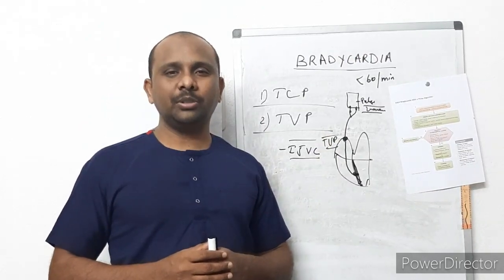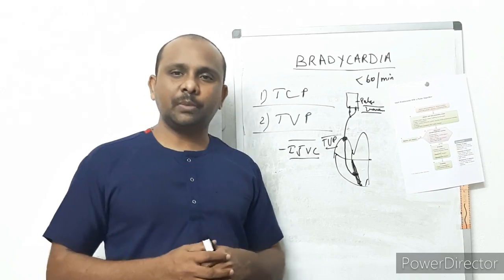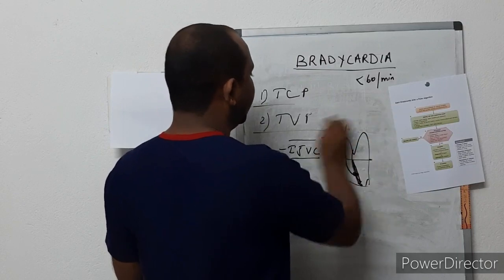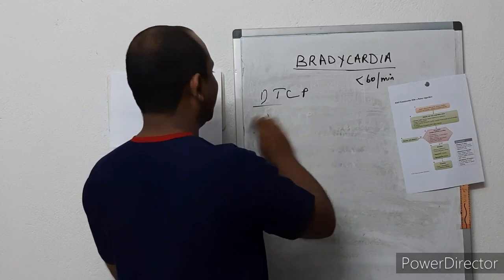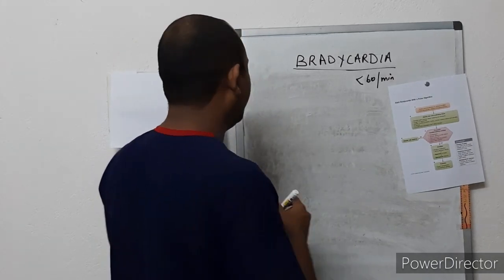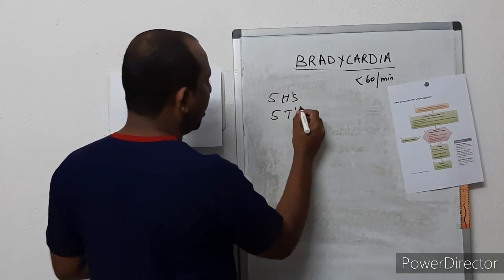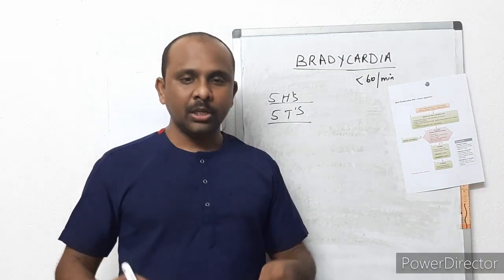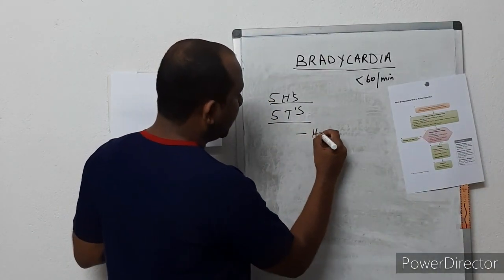Do not forget about the reversible causes of this bradycardia, right? Somebody is coming to you with bradycardia, we should find the causes. So what are the causes for this bradycardia? It is easy for us when we study about the cardiac arrest. We all talk about 5 H's and 5 T's. So what are these 5 H's and 5 T's? Always have in mind some of these conditions which will produce bradycardia more often, right? We will go ahead with the 5 H's.